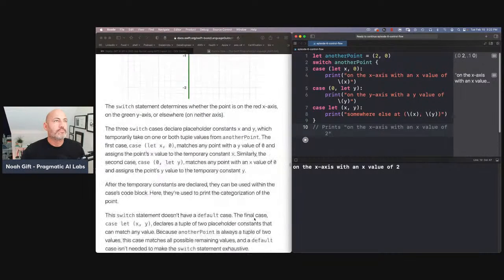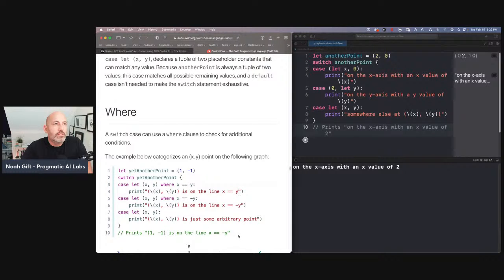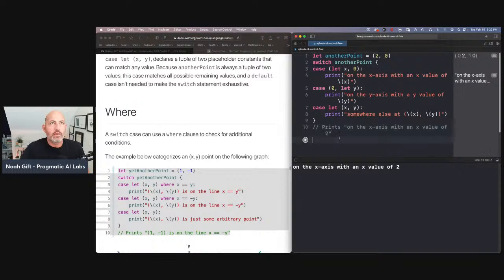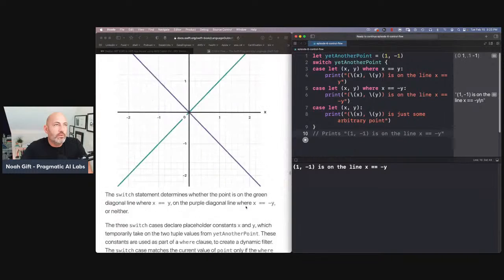There we go. Now we can also do a where clause. A switch can also use a where clause to check for additional conditions. So in this case, we would say let another point, switch yet another point, and then we'd say where x is equal to y, right? So that's kind of neat, that you can actually use a little bit of SQL-type style flavor to these, which really is pretty nice for doing things like